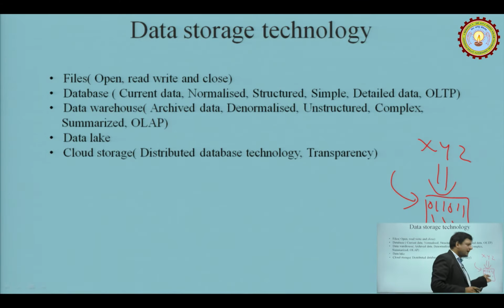Because for xyz I am writing this, imagine a situation where we are having terabytes, petabytes, zettabytes of data. In that case analyzing in this manner will be a very difficult task. So naturally धीरे धीरे प्रोसेस बढ़ा है. कहाँ से बढ़ा? सबसे पहले 0 1 को हमने कन्वर्ट किया. We used to store in the form of 0 and 1, but from the user's perspective we see it in the form of